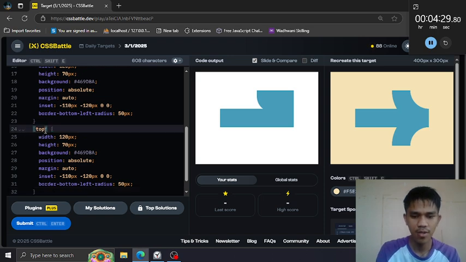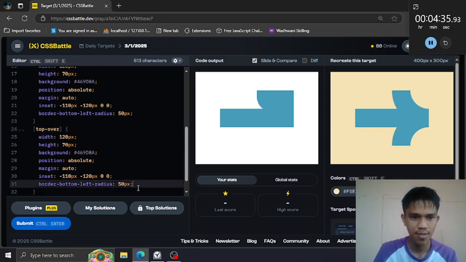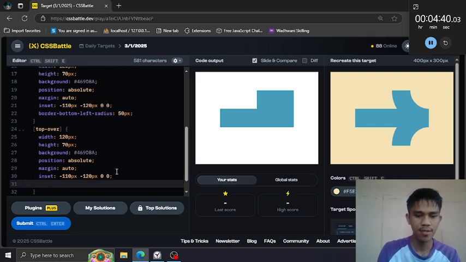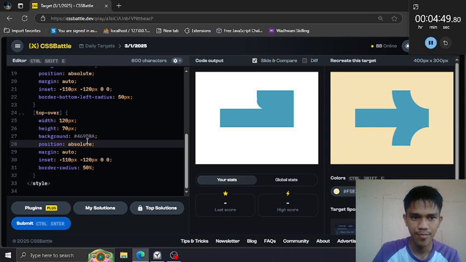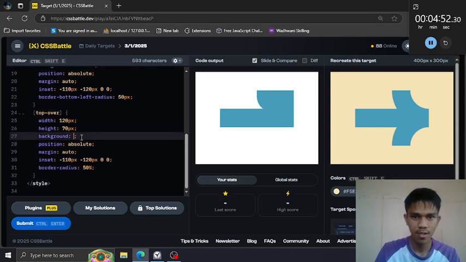So top over. Let's create a circle. So remove this. Oh, we need that border, but we need this border radius on all sides, 50%, and the color is the same as the background.